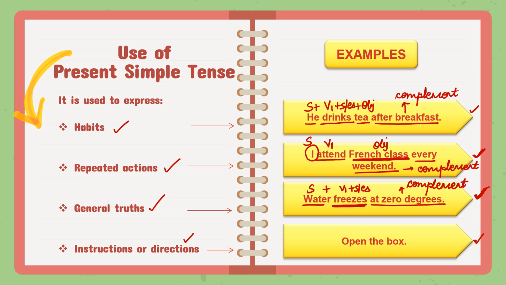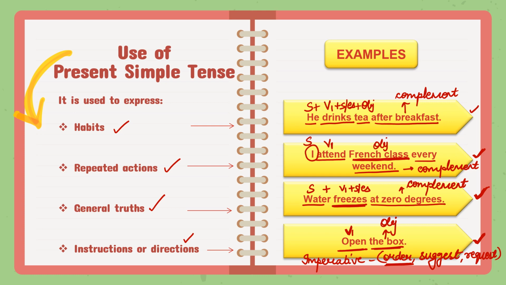Next is, open the box. Open is again verb. Whenever a sentence starts with a verb, it is our imperative sentence. Imperative sentences are used to give order or to suggest or to make a request. Over here, it is an example of giving instructions or giving order. So, V1 plus open what? The box. Answer of what is box. So, this is our object.